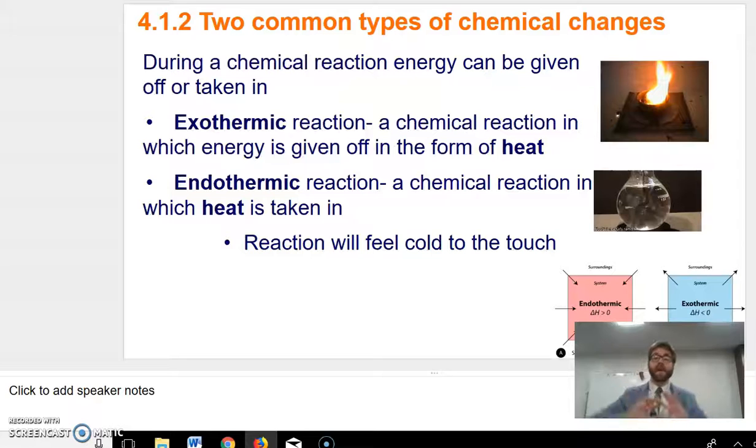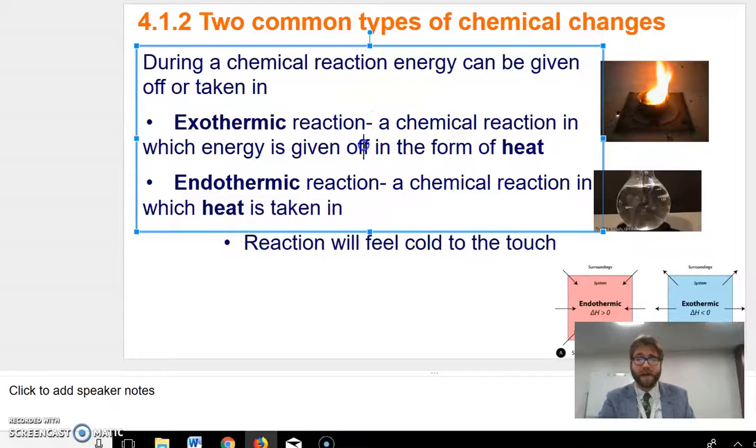Exothermic reactions give off energy. They give off light, they give off heat, they give off a little bit of smoke. Exothermic is all about chemical reactions that give off energy. Now endothermic is the opposite. Endothermic, you take energy in. You get colder. Everything feels cold to the touch as heat is going in to the reaction to make it